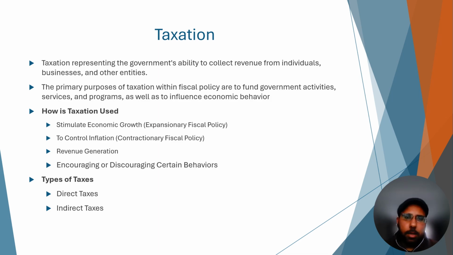It can be excise duties, which are, as mentioned earlier, specific for tobacco, alcohol, and fuel. You'll have customs duties, which are designed to tax imports and can affect your exports. And then you've got service taxes. All right, so those are your two forms of